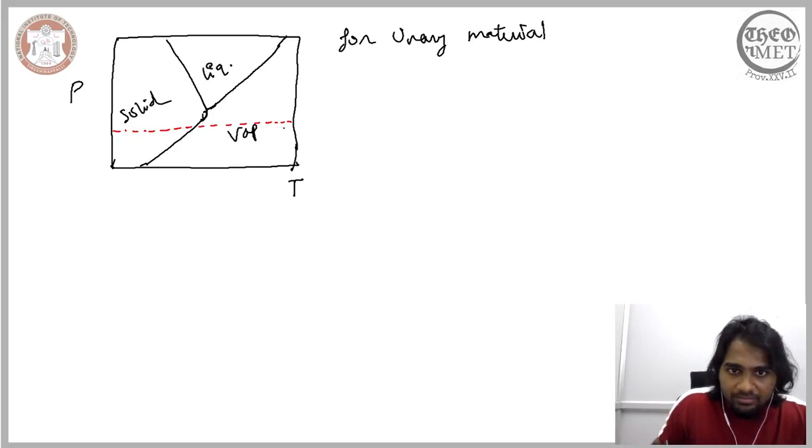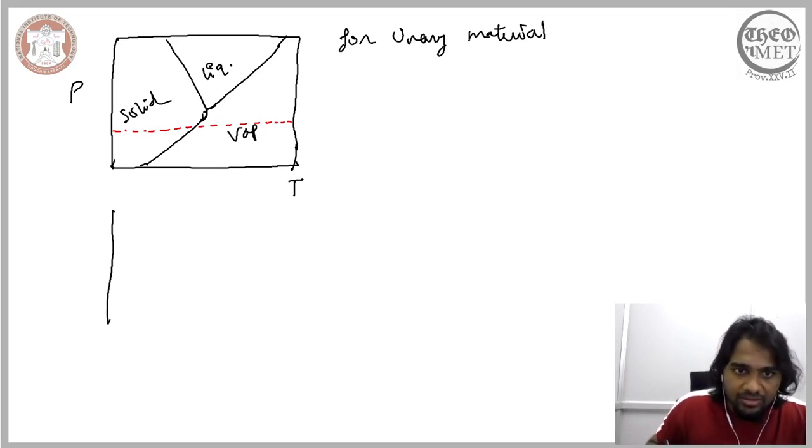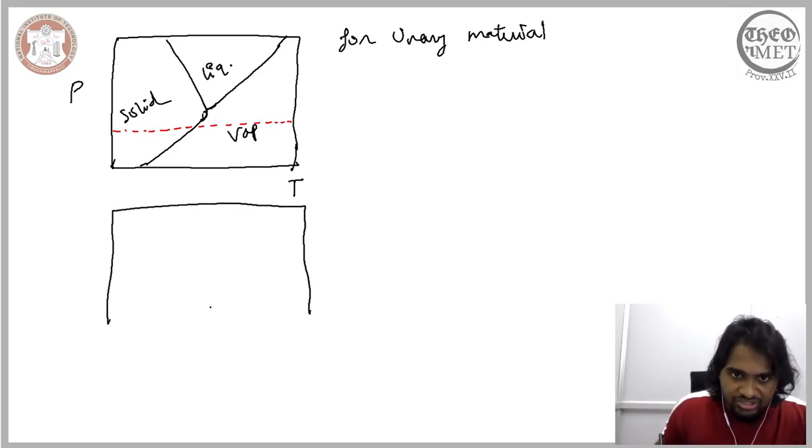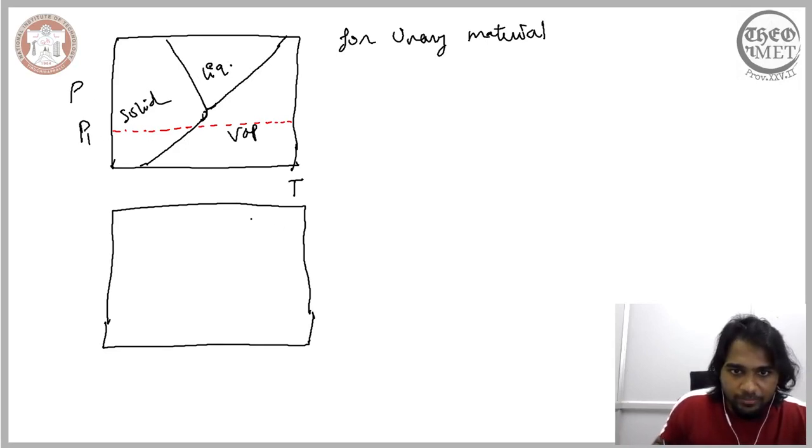So from our phase diagram, it is now possible for us to illustrate how the Gibbs free energy changes when we increase the temperature of a system that has this particular phase diagram. So here we have assumed the pressure is constant, the pressure is at P1. So the pressure is constant. Now we are varying the temperature, as it is varied here. So this is our starting point, and this is where we end.